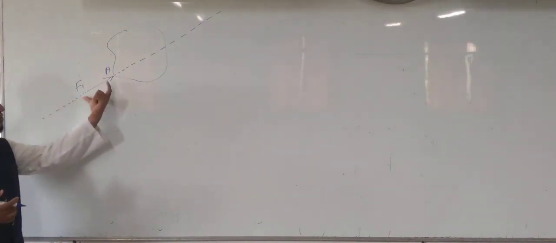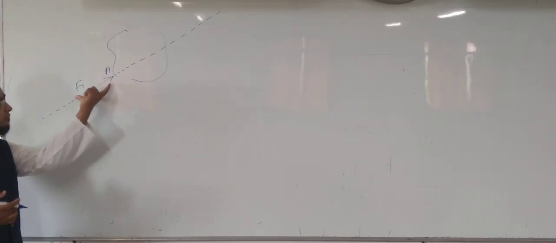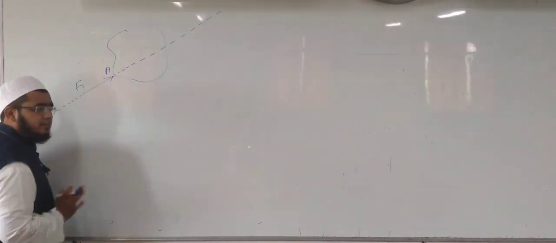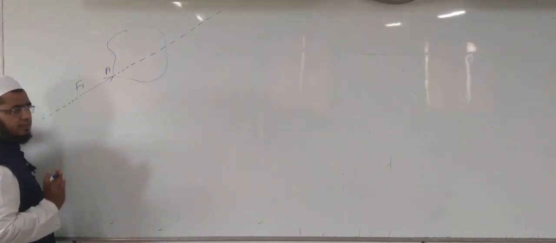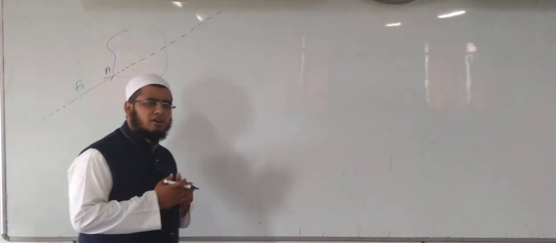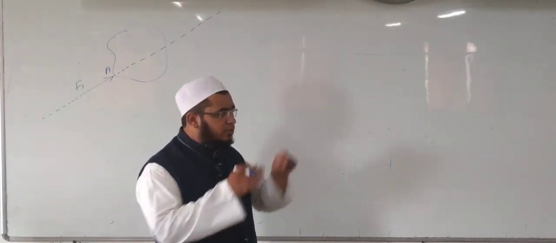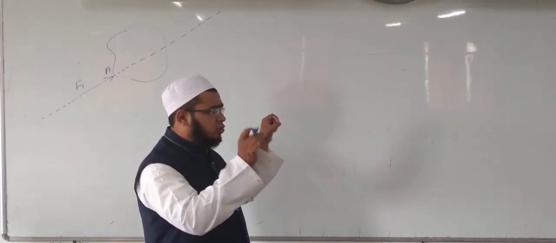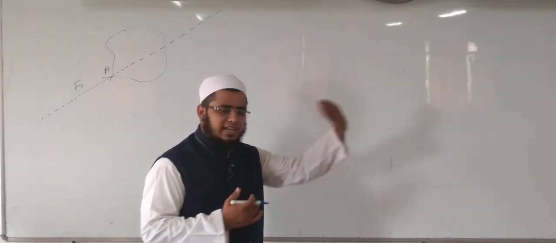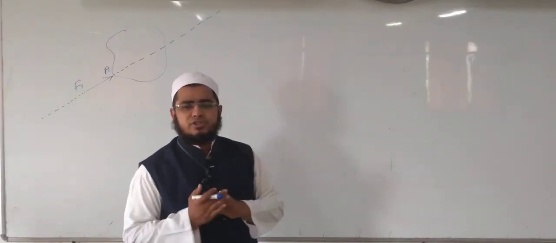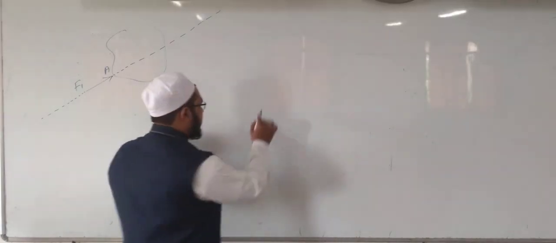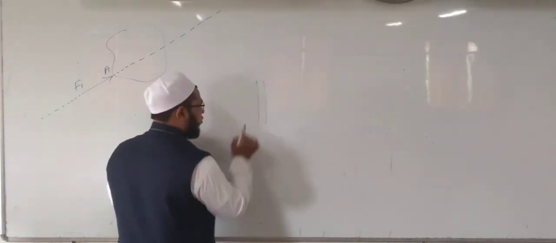The law of transmissibility of force states that this force F1 can be shown anywhere along the line of action. The effect does not change. The best example is that we often go into a mall or offices, and on the glass door, "pull" or "push" is written. One side if there is a pull, then the other side is a push. The effect is the same. Either means if it is a glass door,